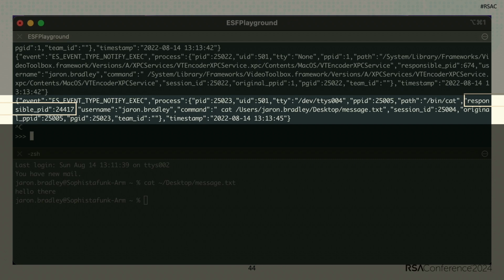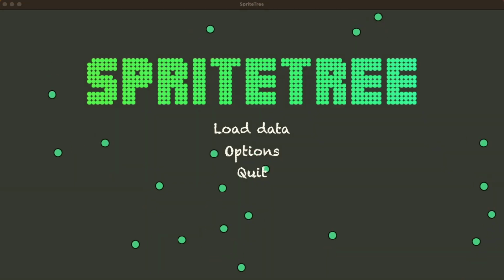So that's how the responsible PID is used by Apple in at least one way, and we can actually use this PID to build better trees. If we look up and see that launchd is the parent of something, we can also check the responsible PID and see if maybe we can rely on that instead, along with a handful of other PIDs. But I will say I find the responsible PID to be the most helpful because it generally points to the application, the highest level application that ran a command.